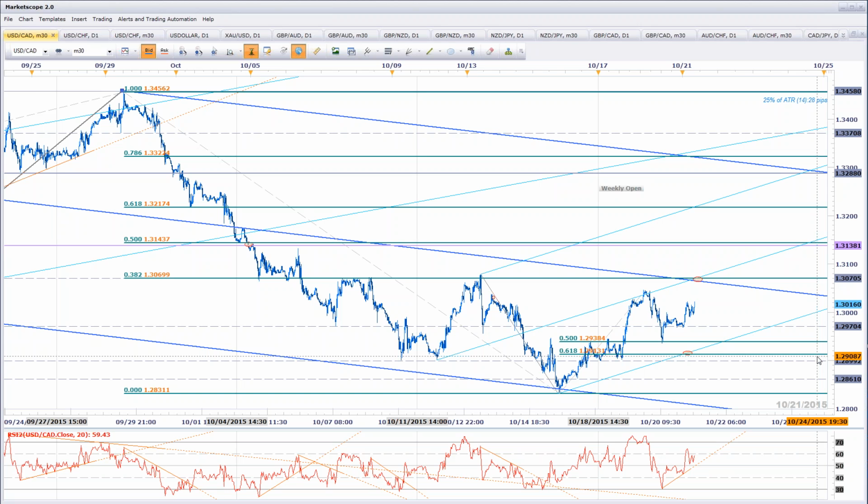But I'm going to put this as a caveat, and I've seen this happen a lot of times. If the data knee-jerk reaction is in the wrong direction, typically those tags and those quick spikes will spike right into those regions and then pull right back. So, Chris, if the data is going to be bearish dollar CAD in general, if it's going to be CAD strength on a move that fades the market, a quick rally, that's where I'd be looking for entry.